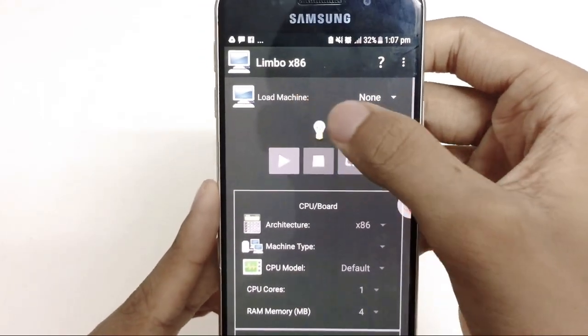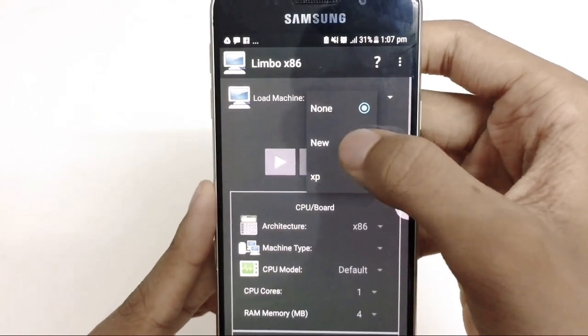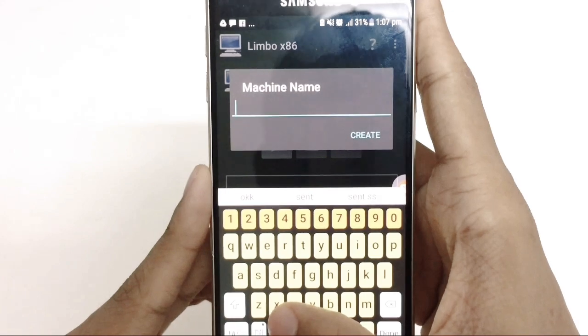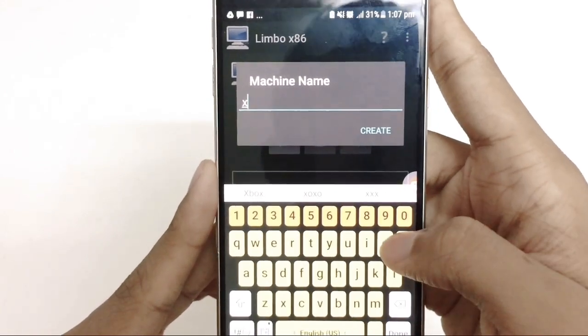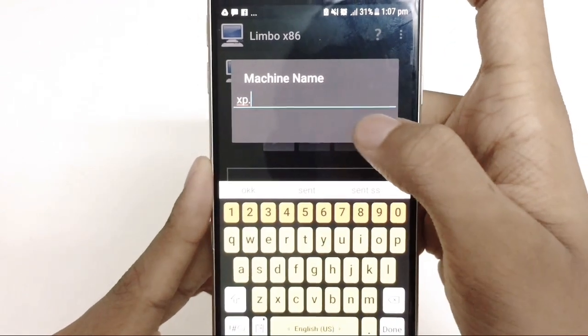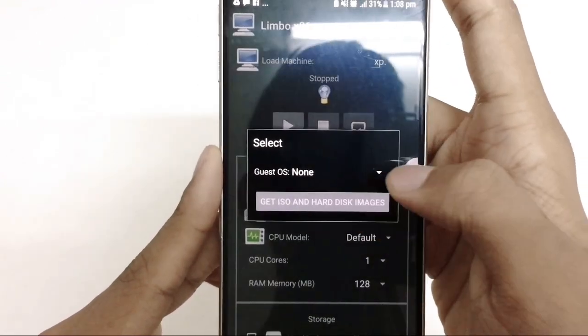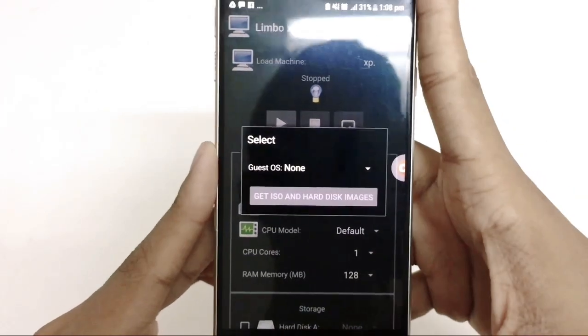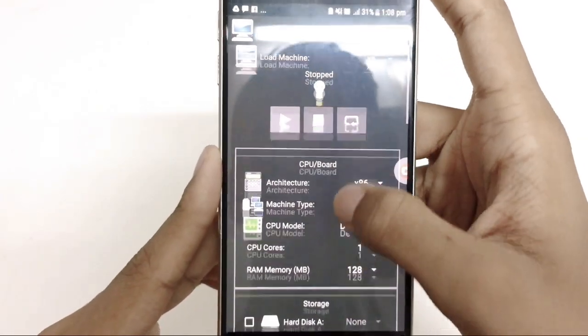For load machine, choose new, and for machine name, type XP as we are doing Windows XP today, and choose none and tap back.